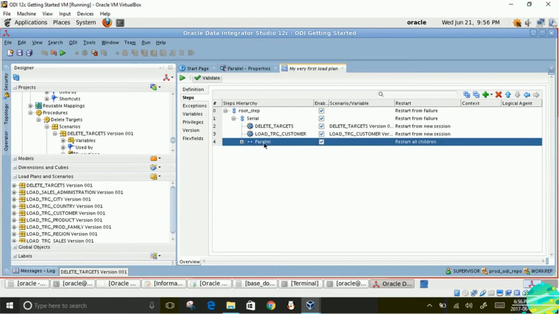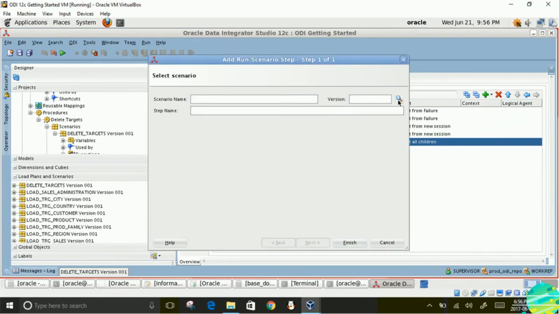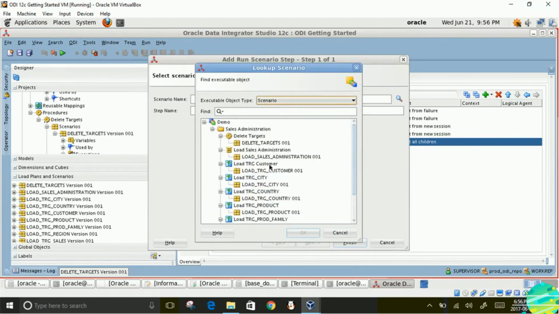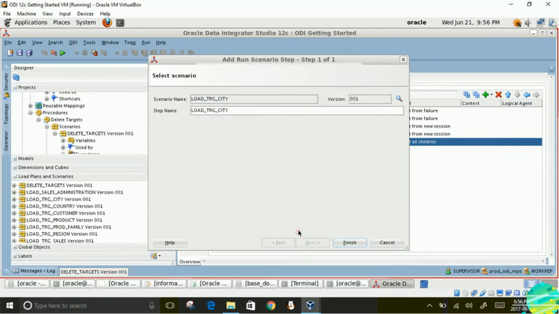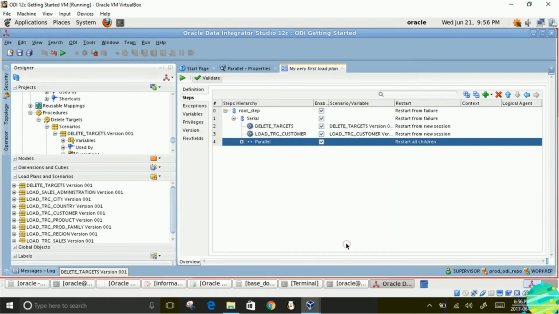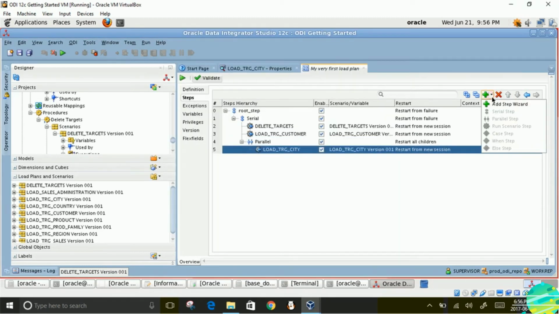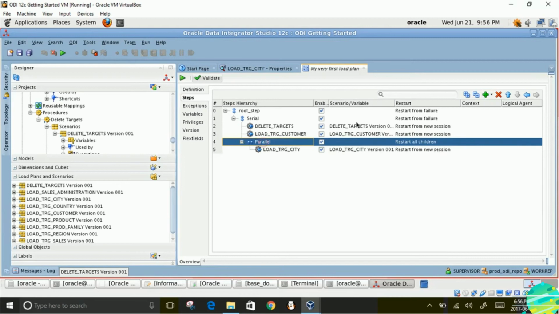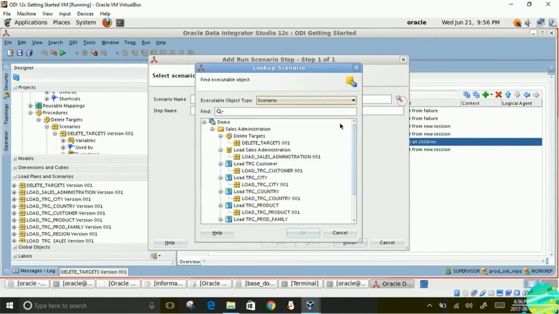Keep the parallel step selected and then go back and say run scenario step. This time select load TRG city, then add, go back to parallel step and run scenario step and select load TRG country.